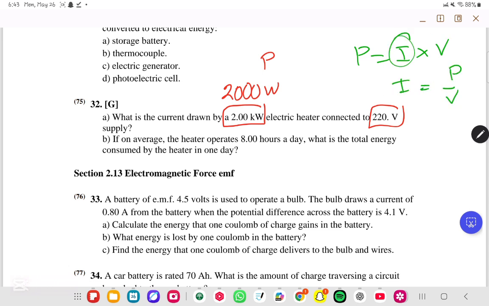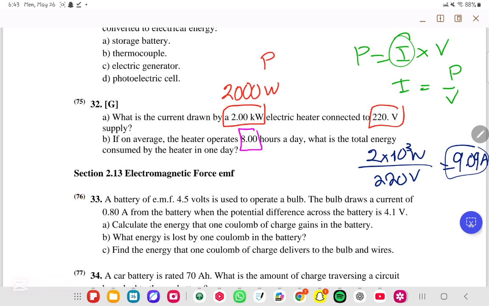Just ignore this over here. So what is P? What is the power? The power is 2 times 10 to the power of 3 watts, or 2000 watts, over 220 volts. It is equal to 9.09 amperes. So just like that, you found the current. Then they said, part B, if on average the heater operates 8 hours a day,